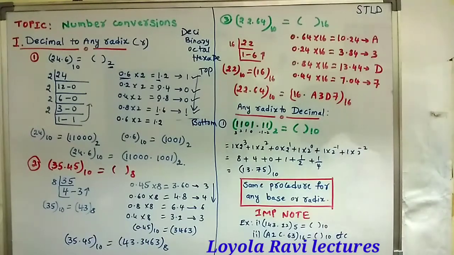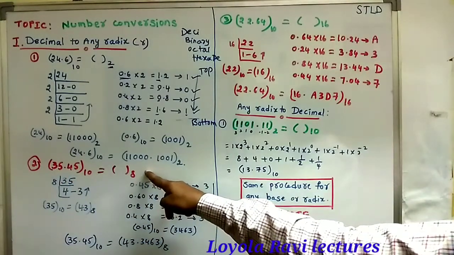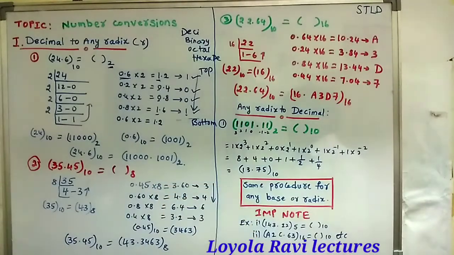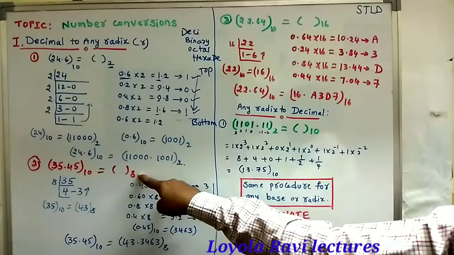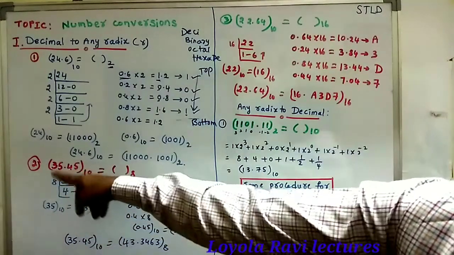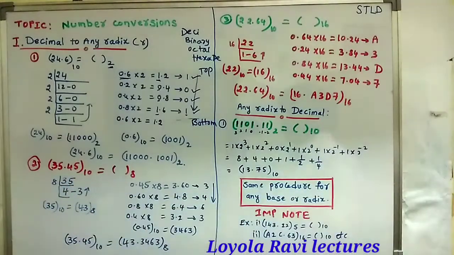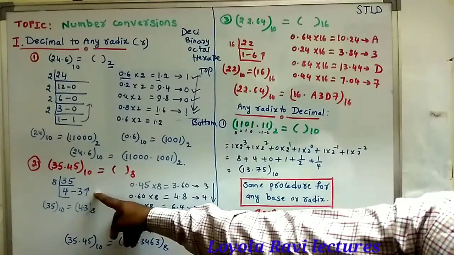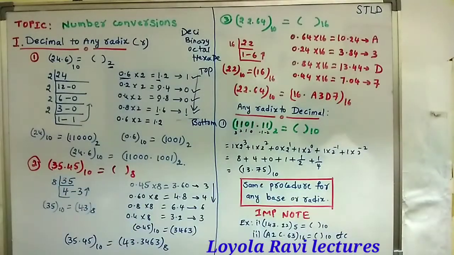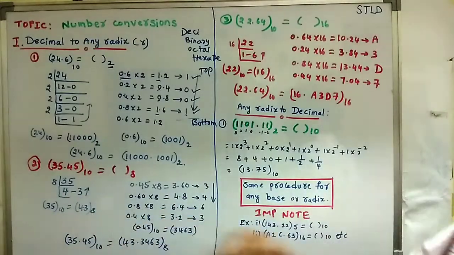Let us take another example. We are going to convert a decimal number into an octal number. Decimal to octal. Exactly the same procedure. Here our conversion base is 8, so divide by 8. The integer part is divided by 8. 8 4s are 32, remainder is 3. 4 is not going into the 8 table. That's why, reading bottom to top, 4 3 is the integer part octal number.